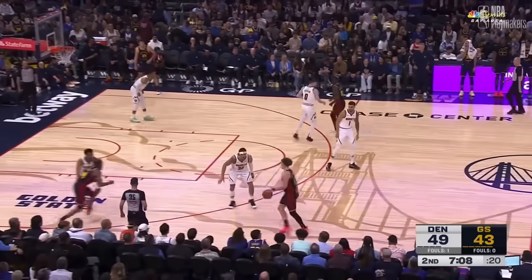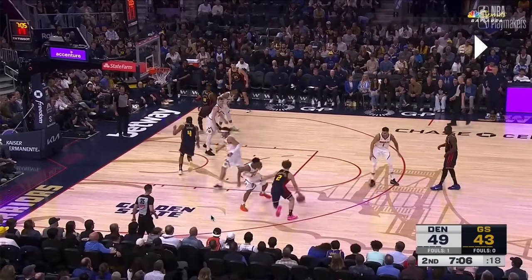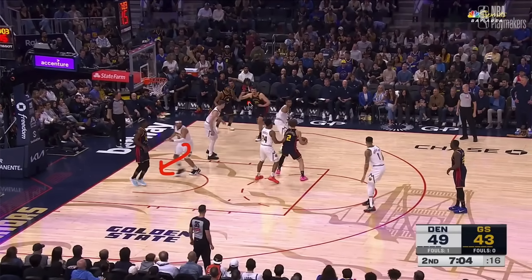BP calls for the screen. BP attacks in the slipstream of Moses' cut. Jimmy does back cut, but his defender calls out for the switch, and Aaron Gordon recovers. Quinten Post trying to improv by setting this